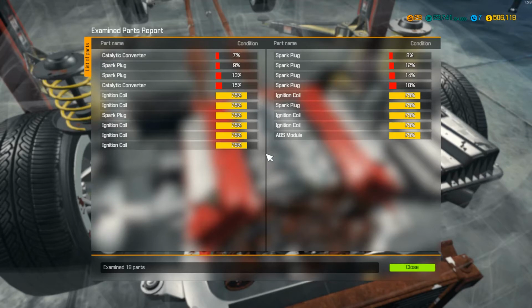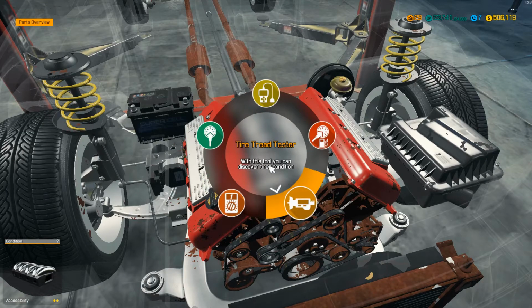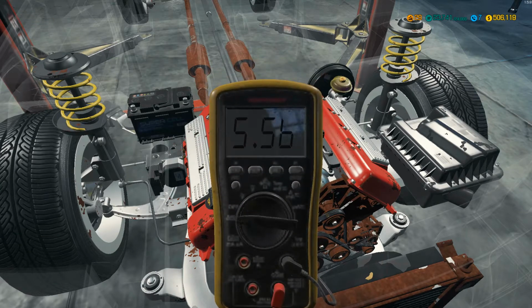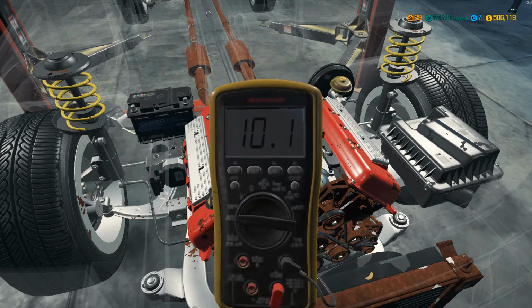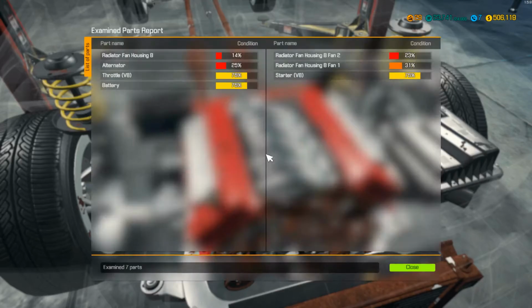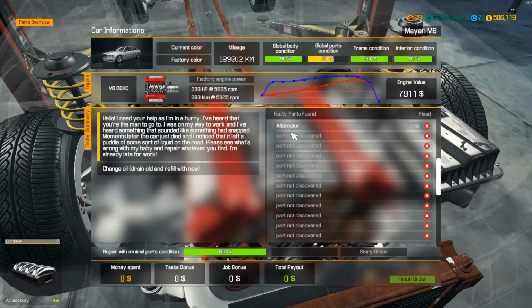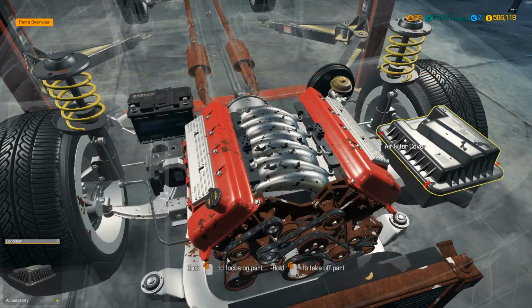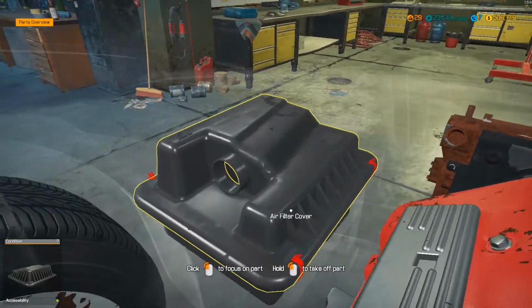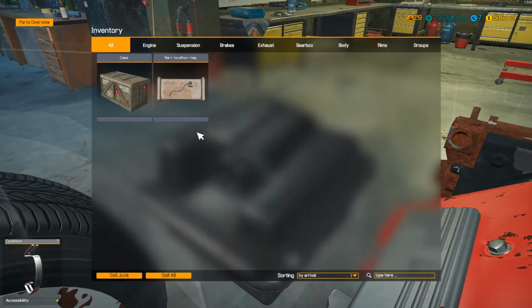But by the looks of it, it seems to be the case that the engine and just about everything attached to it is toast. And as you can see, the radiator fan housing, and for that matter the radiator itself, is in a bad way. Maybe check this as well, because yes, that has had it. Oh, hang on, actually, before we do anything else,